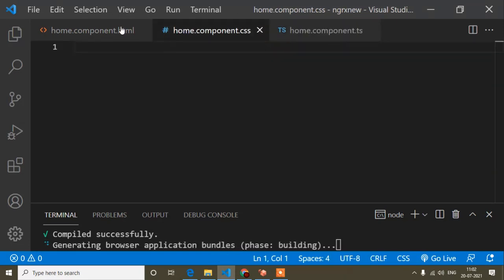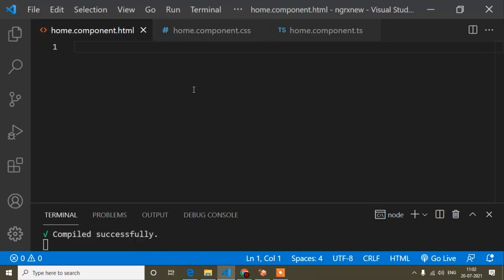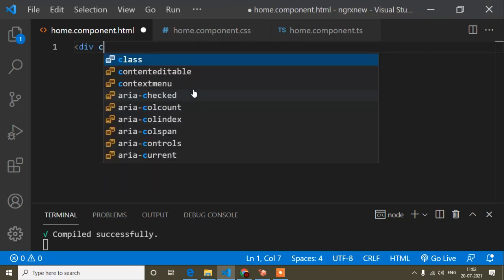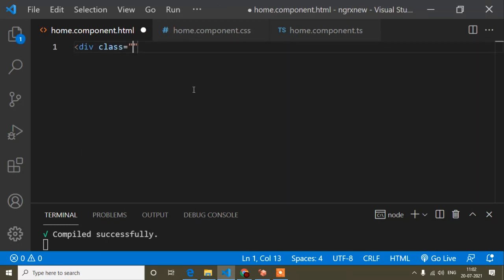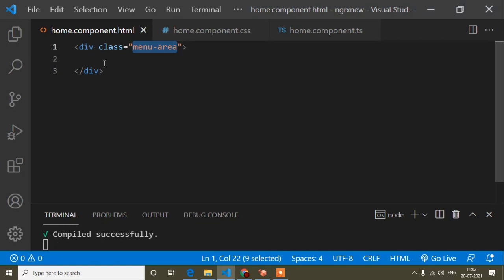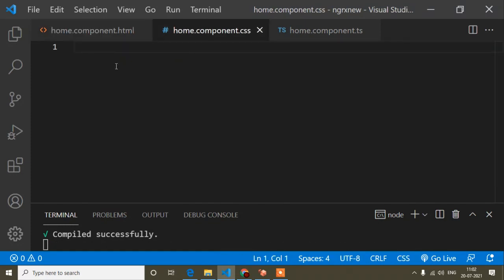In this home component.html, first of all I will create a div for which I want to modify the context menu. So div class, and here I will write menu-area. This is the class name; it is not mandatory, you can write any class name. I am making this div because when I click inside this div, I will modify the context menu.